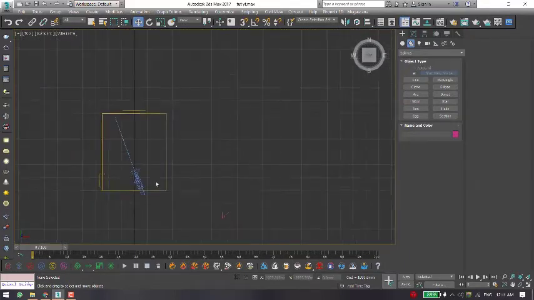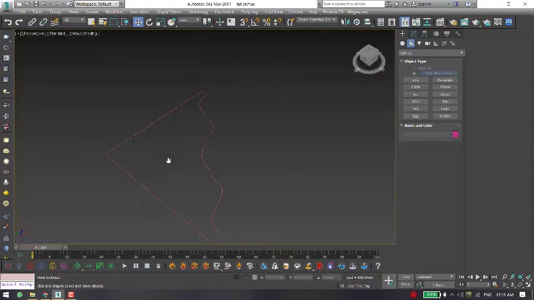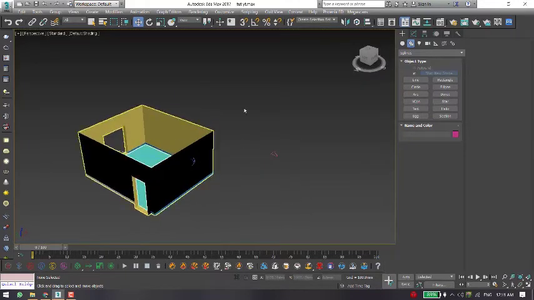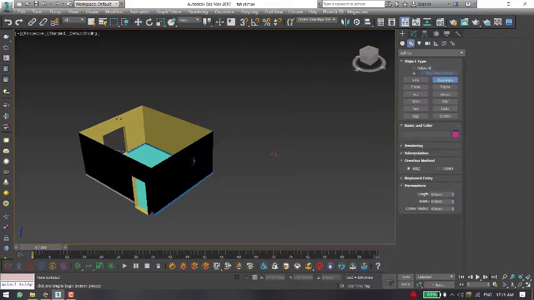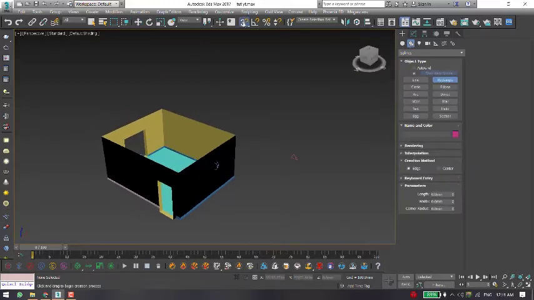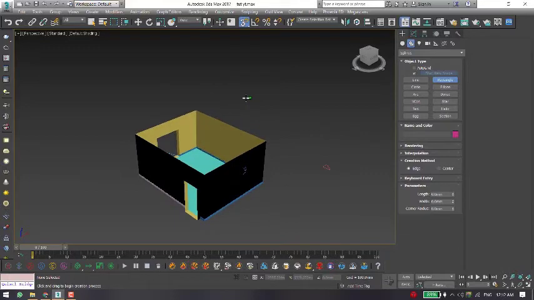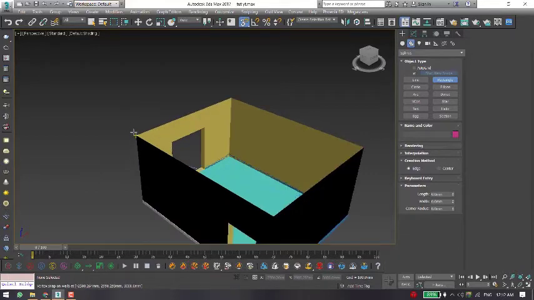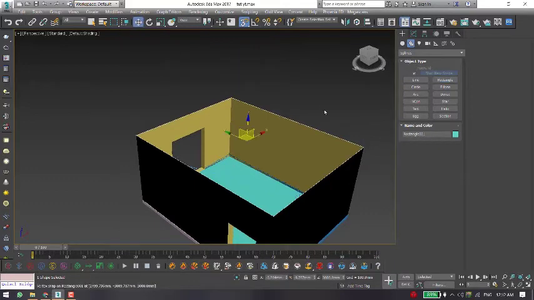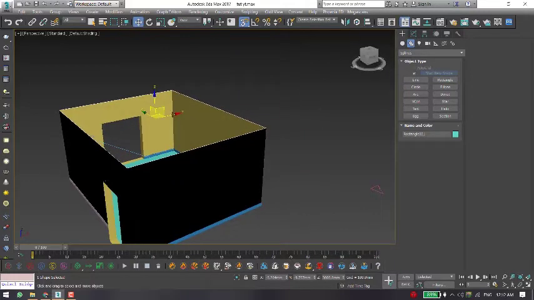So now I want to apply this cornice profile in my interior scene. So first go to rectangle shapes, click on the rectangle, click on snap, right click and enable vertex. So start from this corner and end on this corner. So we have a nice rectangle shape over here.